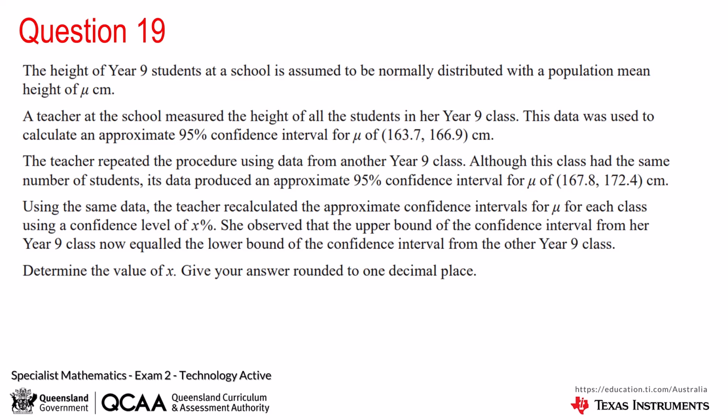This data was used to calculate an approximate 95% confidence interval for mu, and she obtained a confidence interval of 163.7 to 166.9 centimetres. The teacher then repeated the procedure using data from another Year 9 class. This class had the same number of students, and the data produced an approximate 95% confidence interval for mu of